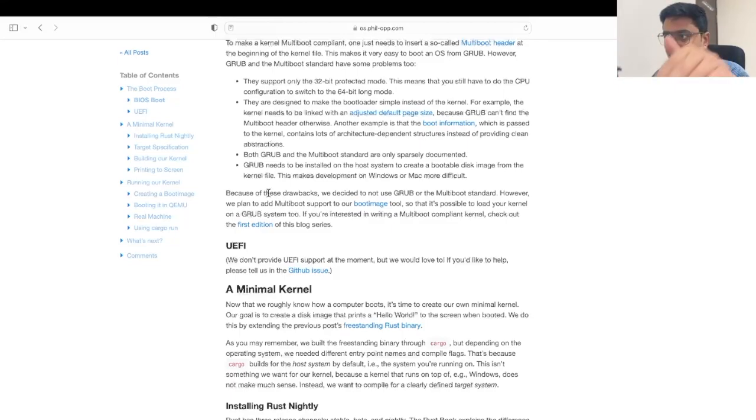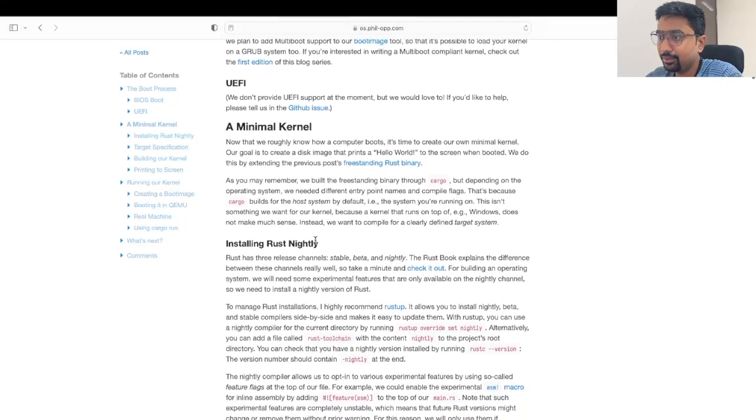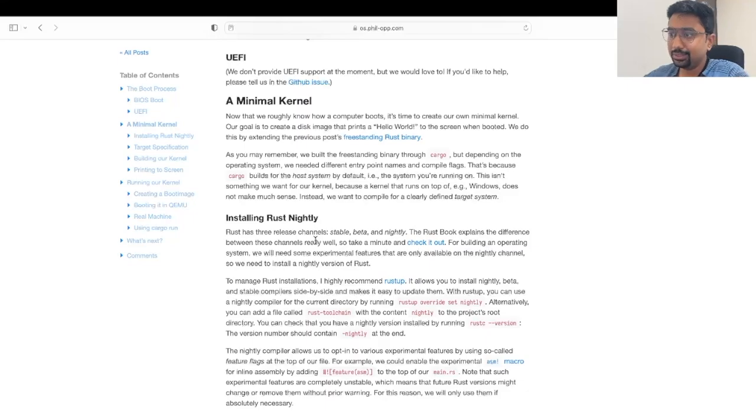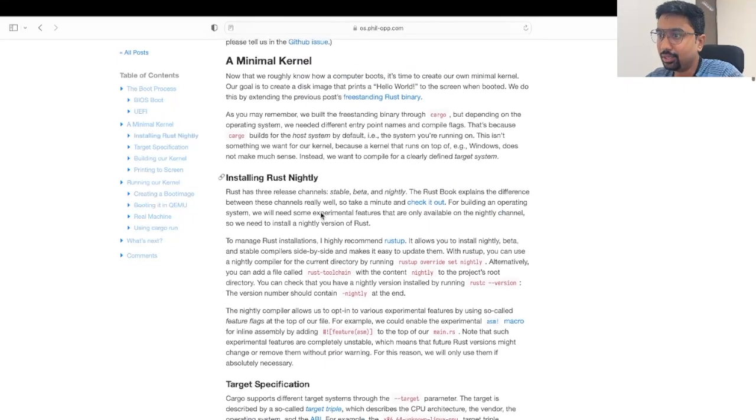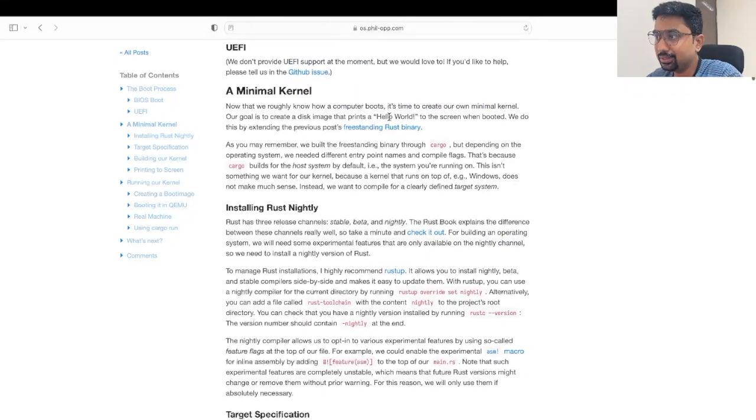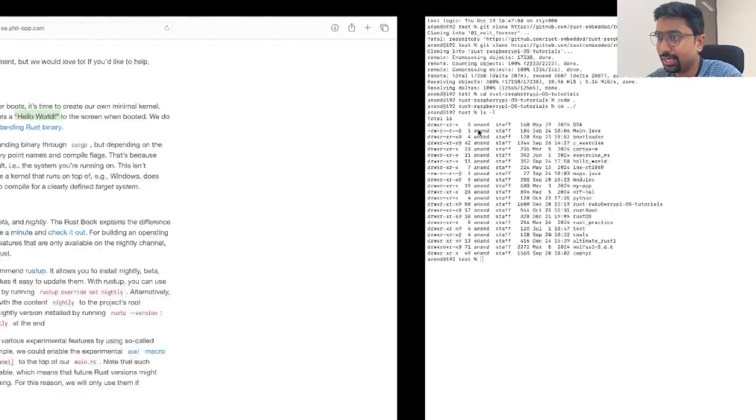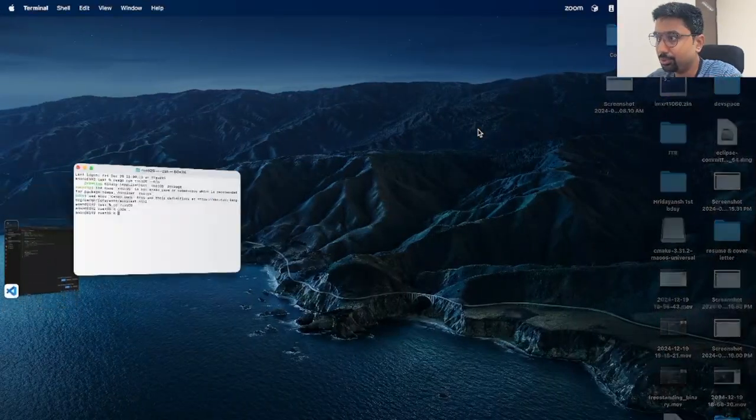And once this whole binary is packed, it can be used to boot actual hardware as well, but we are going to demonstrate this on an emulator, the QEMU emulator. So let's start with the kernel now. The minimal kernel will print a hello world to the screen when booted up. So for that, let's go back to